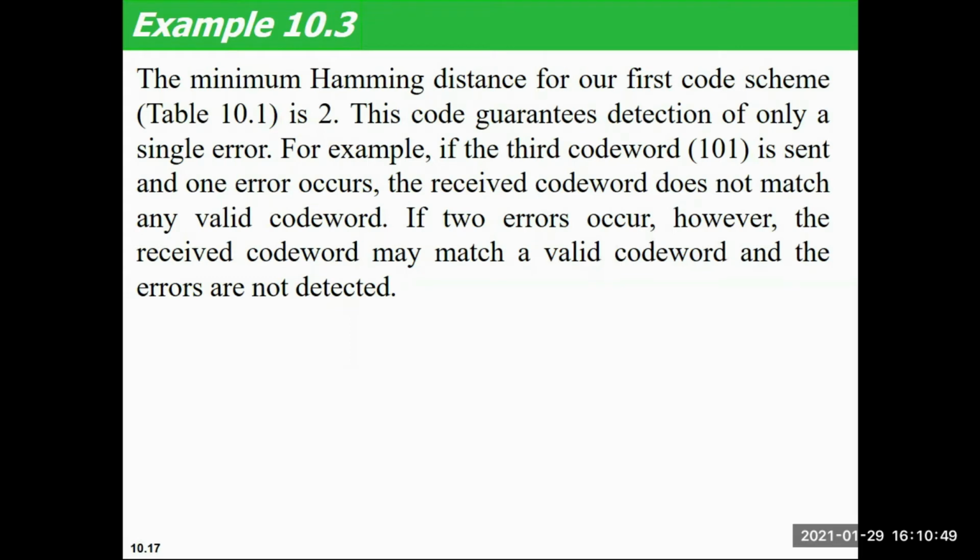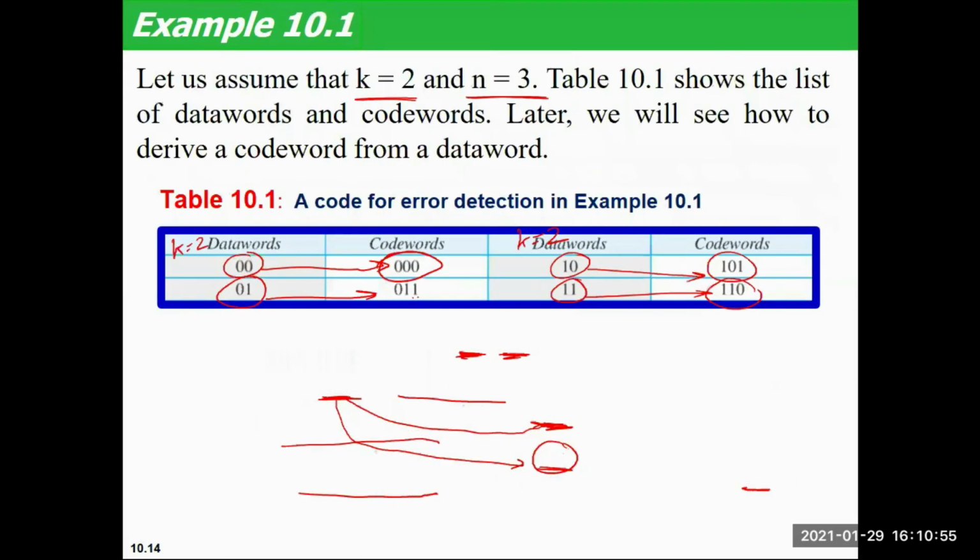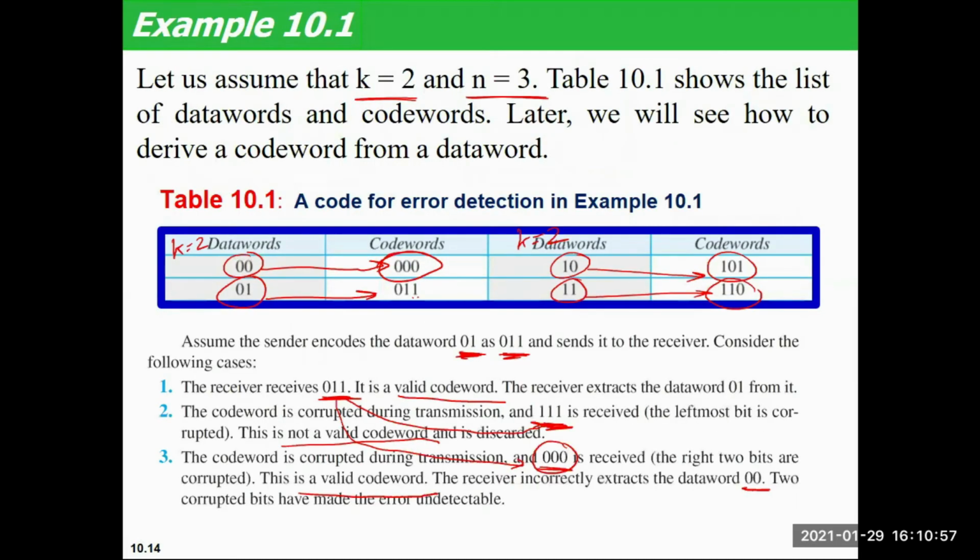And in that case, we can see that the minimum Hamming distance is 2. Okay, I'm going back to that table. Here you can see that the minimum Hamming distance is 2. So if you do XOR of these two, you will find out what the Hamming distance is. The XOR of these two is 0,